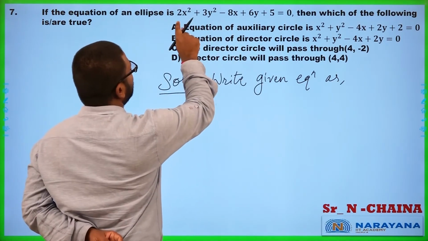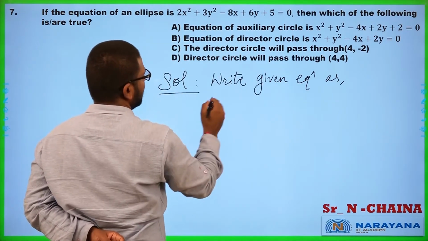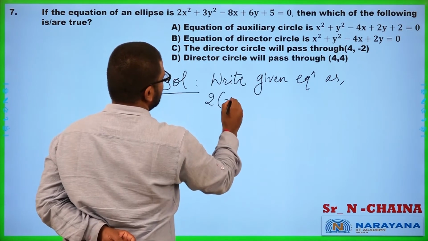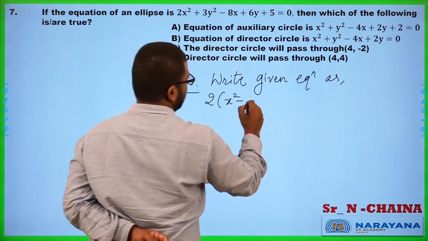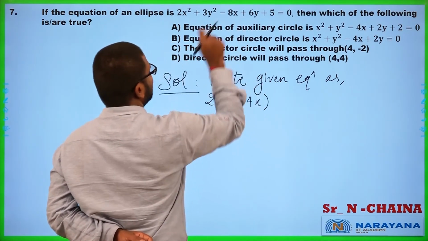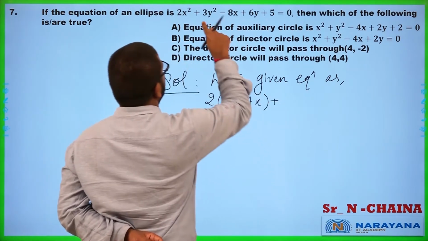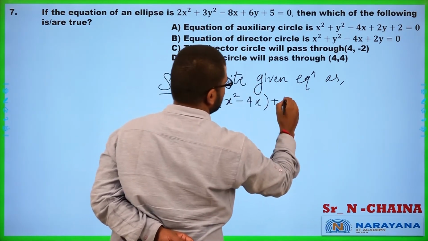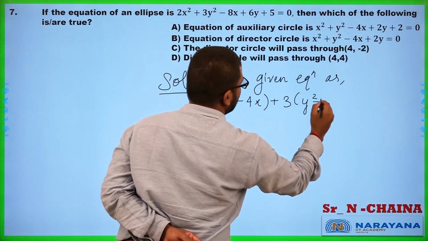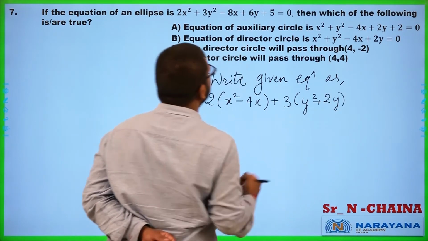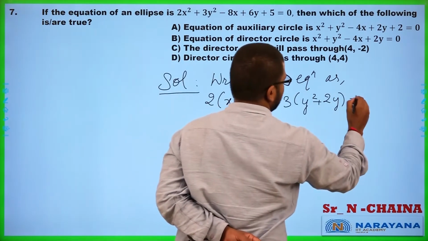We will try to make perfect squares out of x and y. So bring 2 out, x square minus 4x, because there is a minus 8x there, and then from here 3y square and 6y, so 3, bring it out, y square plus 2y, correct,